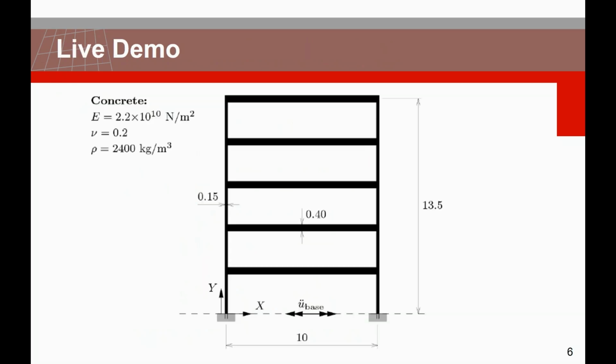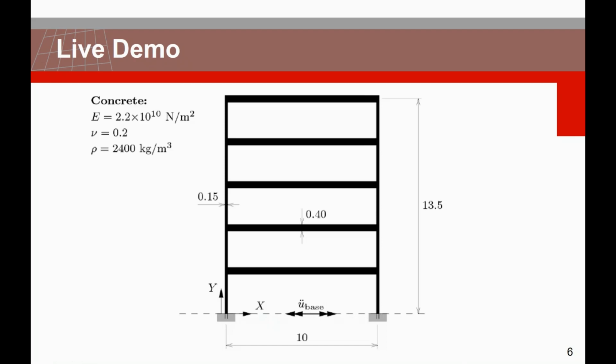So having said that, let's get back to today's demo, and let's say a few words about the model itself. The model represents a 5-story building, as shown in the figure. The dimensions of the cross-sections for floor and wall are small in comparison to the length of the building. Therefore, we may assume a plane strain situation. The building is subjected to a base acceleration of 1 meter per square second in the horizontal or x direction.